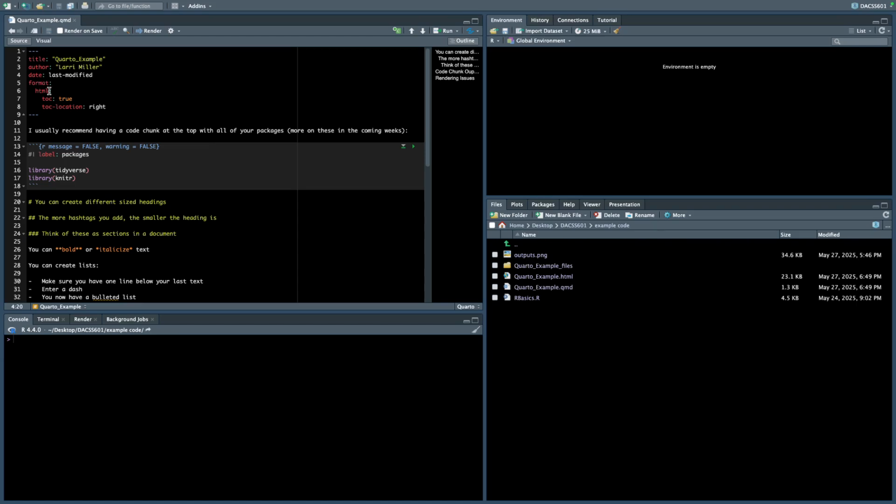Some other things, we have HTML formatting because I always like to have the documents formatted to HTML, or rendered to HTML, in this course. And I like to add a table of contents. So that's what TOC means. TOC set to true, and then that TOC location is set to right. You don't have to have this. It just makes it a little bit easier to navigate the document. So you can see here, my headings are associated with that table of contents,